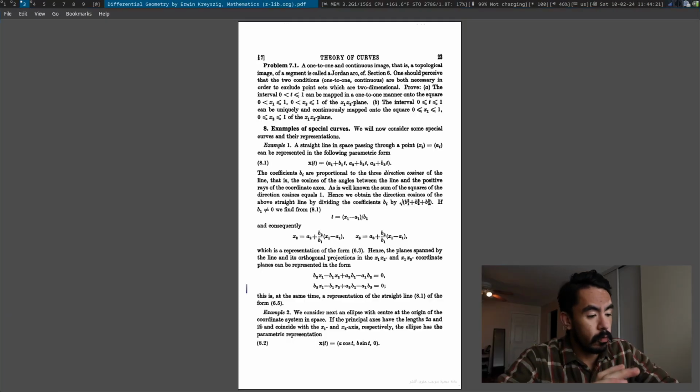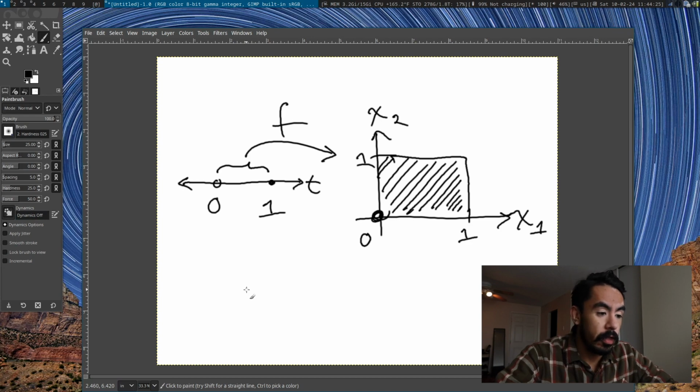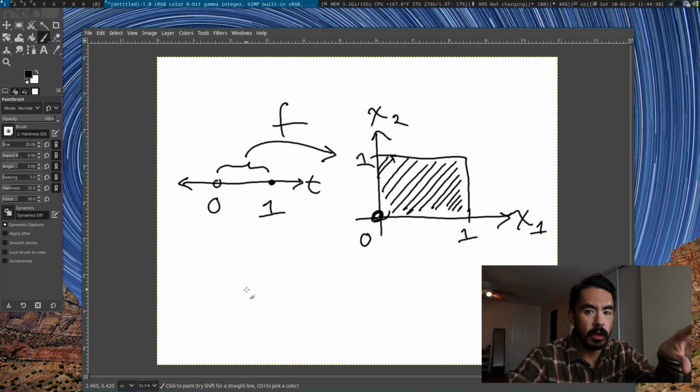Or you could do like 2 digits and then 1 and then 2 digits, and you can come up with different schemes, but it basically involves using the indices of an infinite decimal from t to map onto x1, x2. But also you should realize from the picture here that the geometric configuration of the domain is a line, okay,